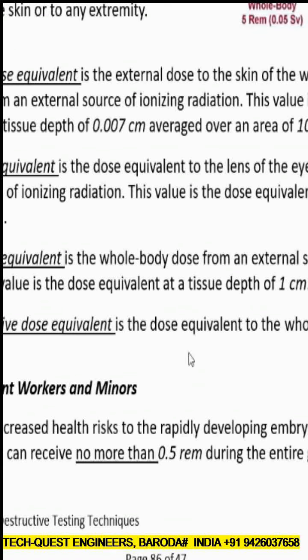Every country has its own regulatory body, and this badge should be sent to them. They will put it in the reader box, and immediately they will know how much radiation this person has taken in the last 3 months. Ideally, you should not exceed 50 rem in 1 year. But people don't follow this.